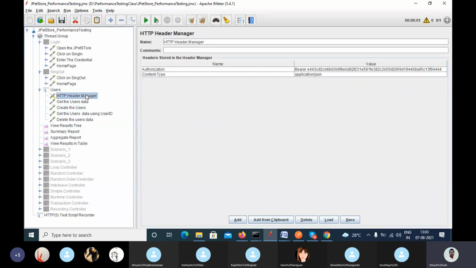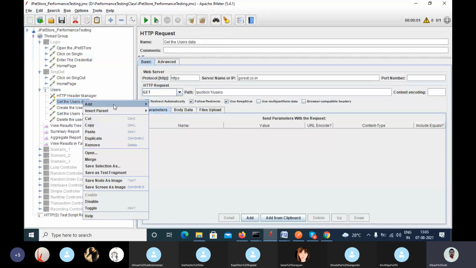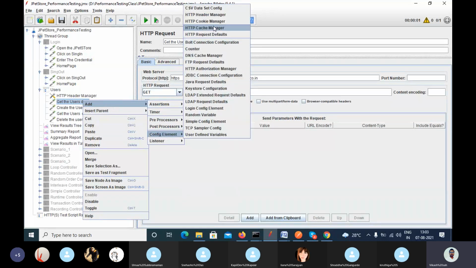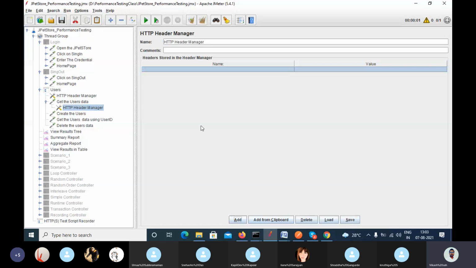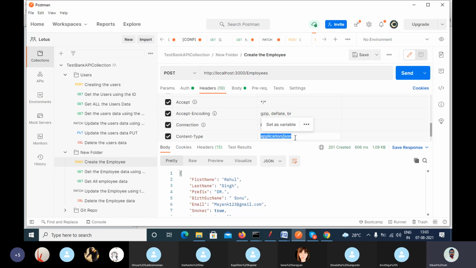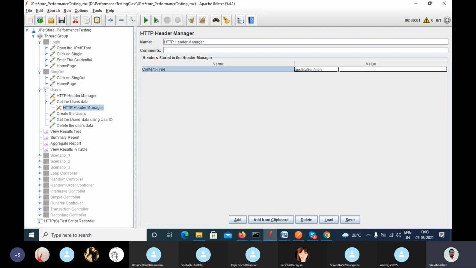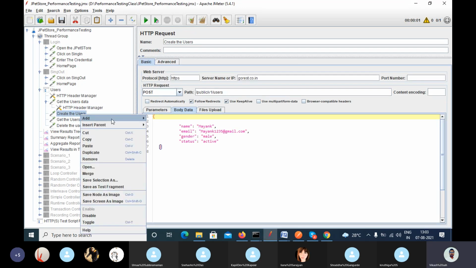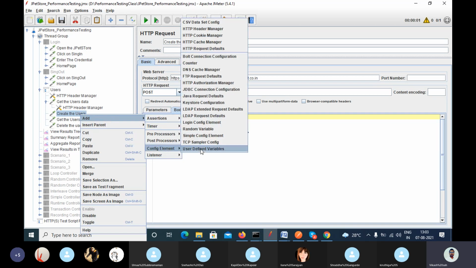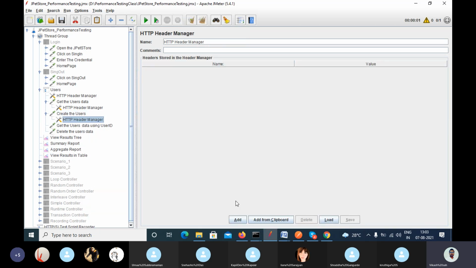And we don't have to add this individually, but you can also add it individually. How? Go to config element, HTTP header manager, and add content type and application. Let me copy this value, application JSON, and pass it here. And again I want to add it for create user, so again go to config element, HTTP header manager, add content type